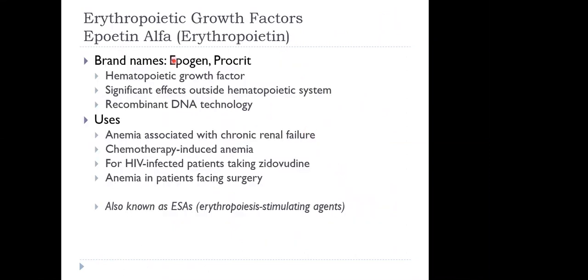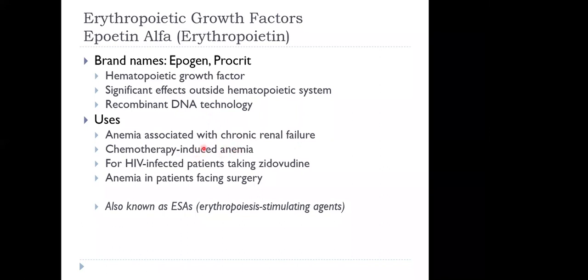This next slide is about the erythropoietin hormone and its effect. You have the brand names. Epogen and Procrit are the most common. These are drugs that are given to patients who have renal disease, who still require this hormone to stimulate red blood cell production. The way that the drug is made is through DNA technology, recombinant DNA technology. The uses, as I mentioned, chronic renal failure,